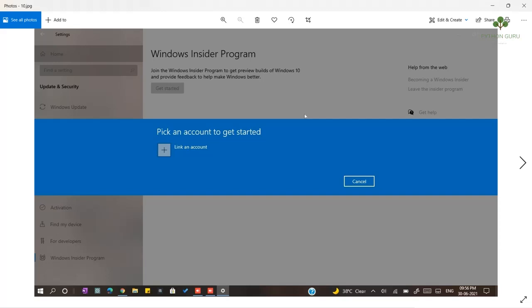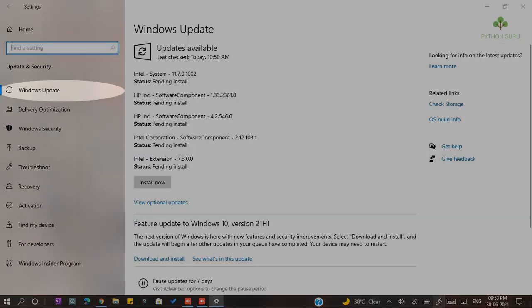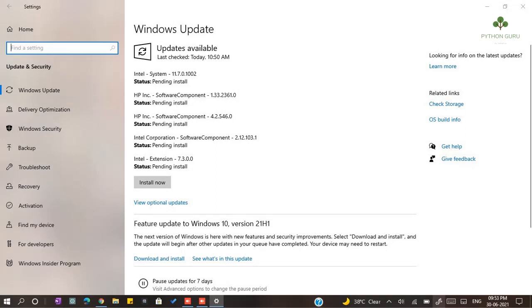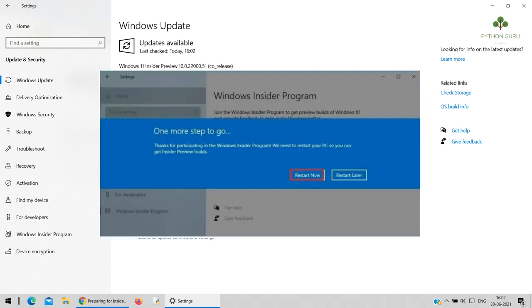If you restart at that time, it will restart the system and you can go to the Windows Update window again, which I showed you at the beginning of the video, and you can see the window on the screen right now. Click on Windows Update and click on Check for updates, and you will see the Windows 11 build 10.0 point something, which is the code of this build. Click on the download button. After that it will start downloading and installing on your system. After installation it will ask you to restart the system. After restarting you will see the Windows 11 update begin and it will complete to 100%. Then hooray, you got your Windows 11.